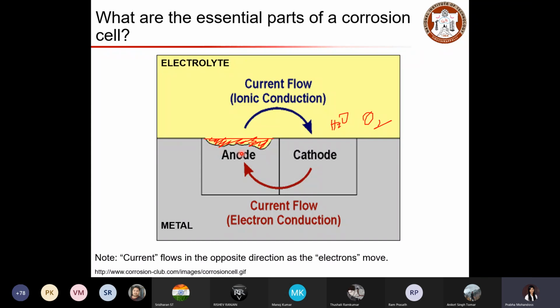Whichever region has a high potential, the energy state will be higher. So when the energy state is higher at this point, what will it do? It will try to reduce its energy state by reacting. So here the reaction is corrosion. When it is corroding, the energy state is getting reduced to get equilibrium with the condition. So here the anode is corroding and the cathode accelerates the process. So the anode to cathode reaction plays a major role in affecting the corrosion.